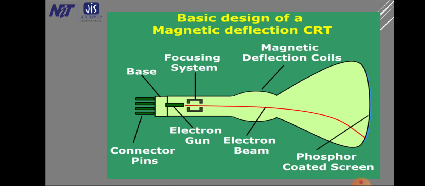But after the beam is focused, it comes out and gets deflected. So if you look at the diagram, this beam is deflected by magnetic deflection coils, which are on the top, bottom, and on the two sides also of the CRT. And this magnetic deflection coil generates a magnetic field which helps to divert this electron beam to any portion of the phosphorus coated screen. This is one mechanism by which deflection works.